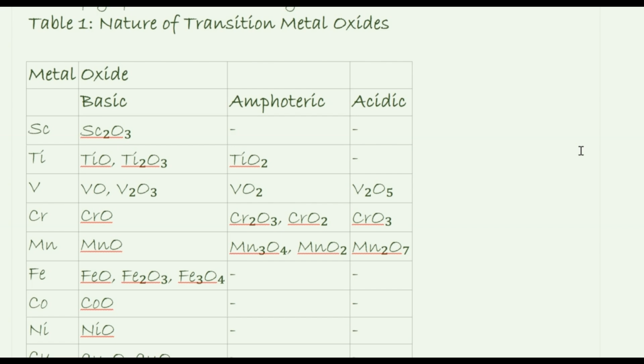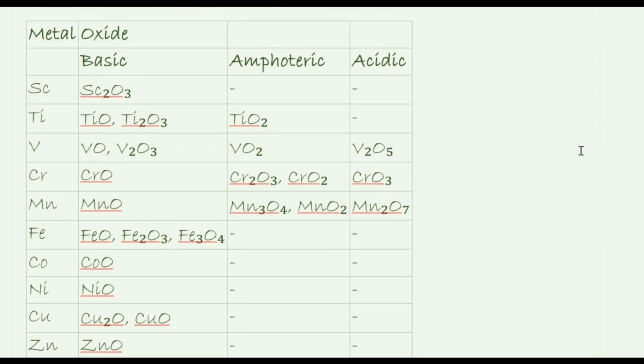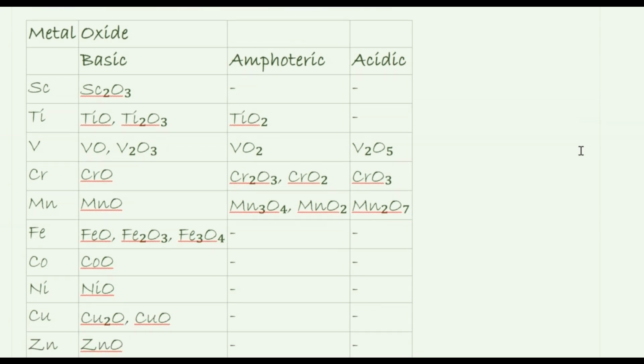Vanadium VO, V2O3 are basic, amphoteric is VO2, acidic is V2O5. Similarly, I have listed all those oxides according to basic, amphoteric and acidic. So the point to be noted is, whenever they give some oxides and ask you which category it lies in: